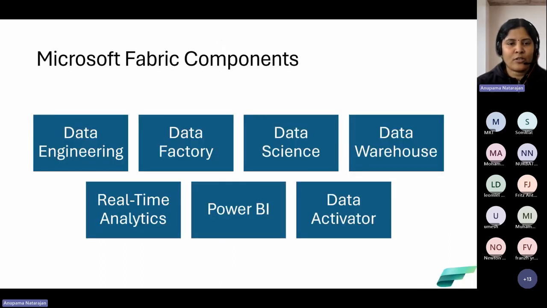So when we talk about the components of Fabric, what Fabric basically offers, we said we have a lot of components that are integrated together. So we give the best tools for organizations to use. What are those tools that Microsoft is offering when it comes to Fabric? One thing Microsoft was clear about was that with Fabric, they want to meet the end-to-end analytical needs for the business